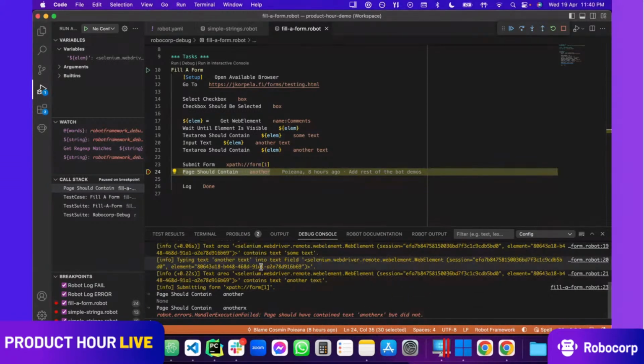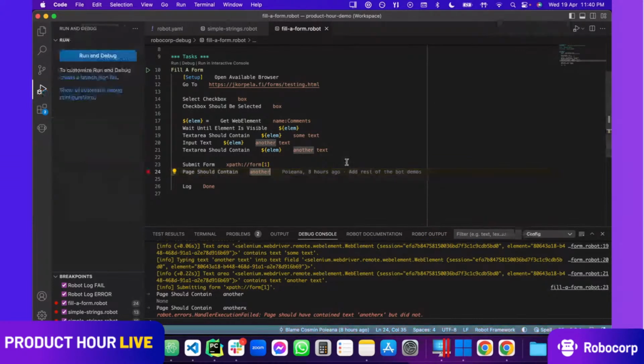So I'm now trusting my code. I know very well because I just tested these things here in the debug console. I'm now confident enough to maybe push this to production, and I'm happy with the result. So I can just stop the debugger, and this is closer to what you will encounter when, for example, you develop a bot that's automating the browser, but you can do the same for anything else, like automating desktop applications or working with documents, or it works in all the cases.